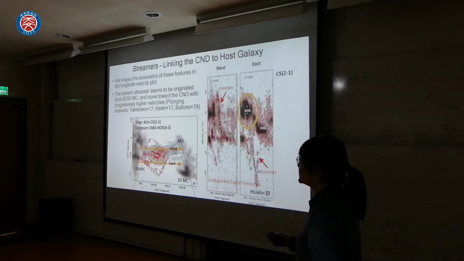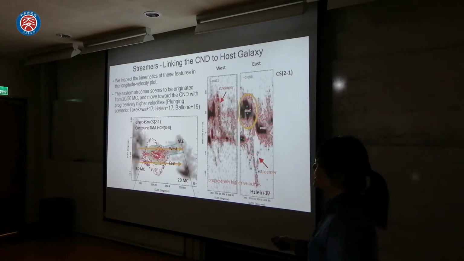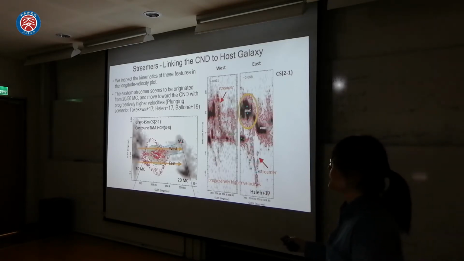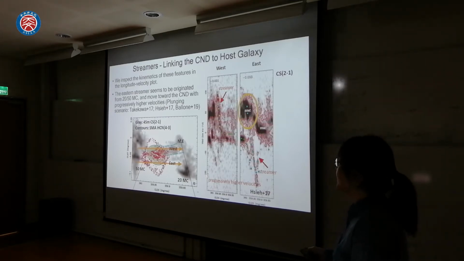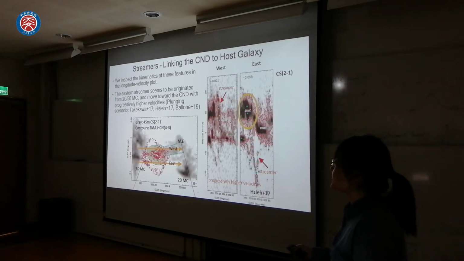So here the contours are the SMA map of the CND and the streamers, overlaid on the single-dish map shown by the gray image. From the single-dish image, we can extract more extended filaments associated with the tidal streamers. So we explore the kinematics of these features in the longitude-velocity plot. We extract spectra along this yellow line, so we have the position and the velocity information of these two